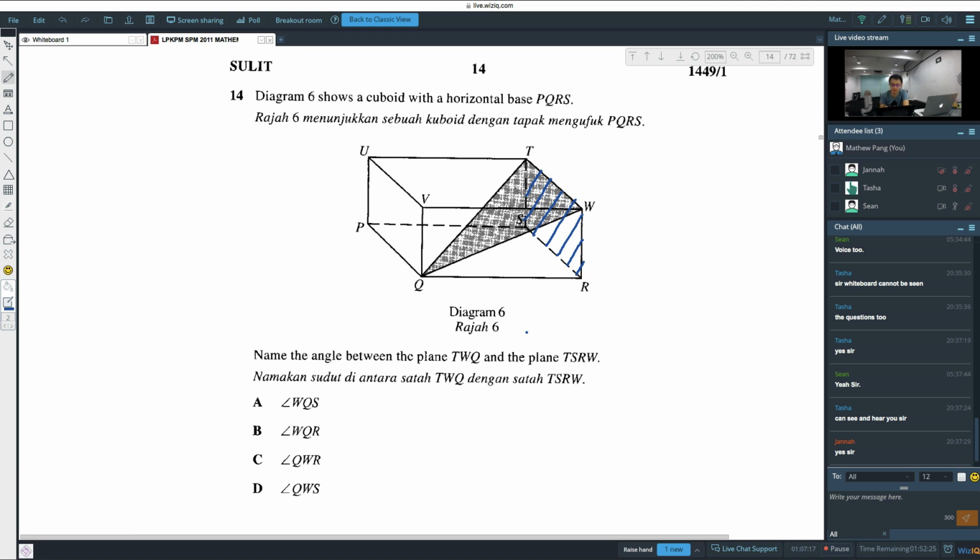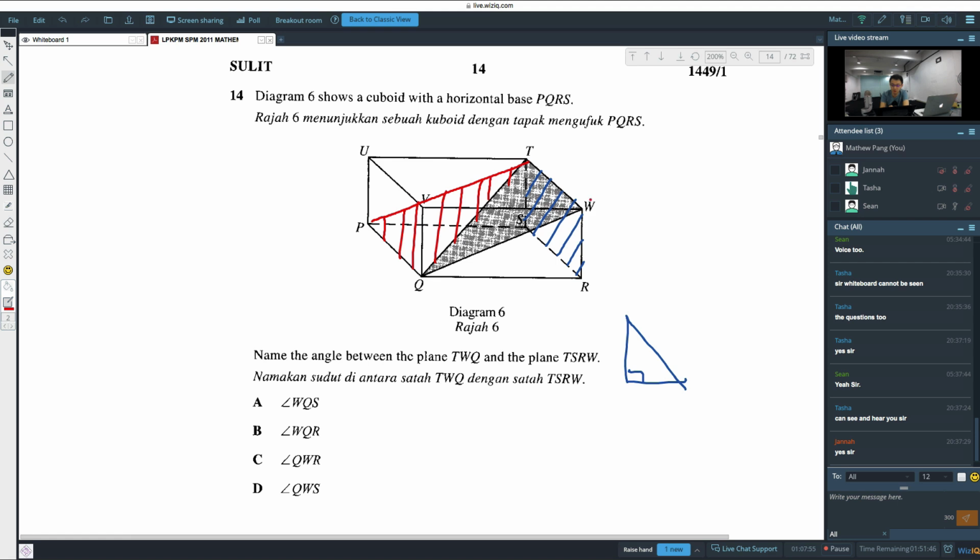Okay, you want to name the angle in between. This is something very important: you must be able to form a right angle triangle for the angle. If some students couldn't see the diagram, I always teach my students to try to complete this shaded region. Let's say I want to complete the shaded region, I can add it myself. Do you find out this one becomes a rectangle already? I mean TWPQ. So if you complete it like this, it is very easy to see the angle in between will